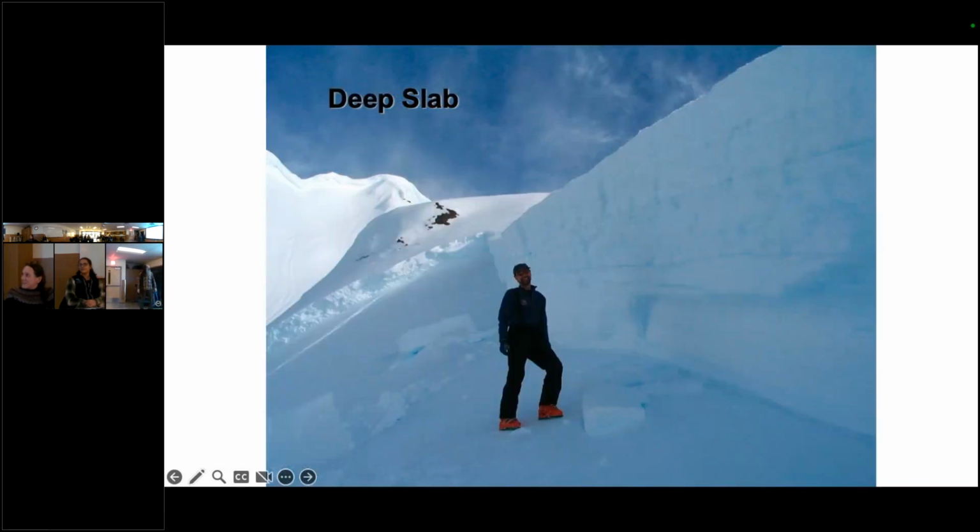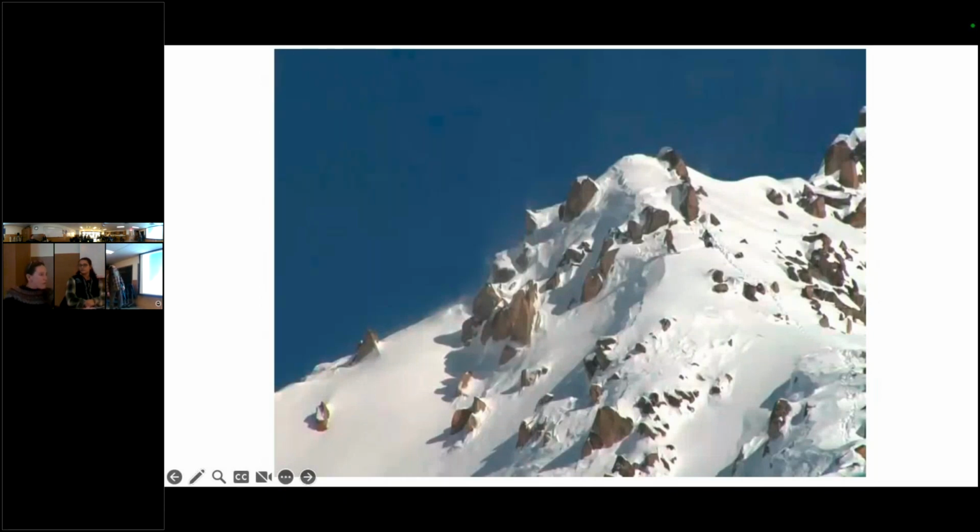This is a deep slab. Yeah, this is up in the ridge between Shields and Eccles is over on this side. It just got wind loaded. Interesting thing was the layers in here. These are solid ice layers. But that's a deep slab. Is this a video? Yeah, see if I can play it. No, it's good just to watch the dynamics at where this thing triggers, where's your escape route.